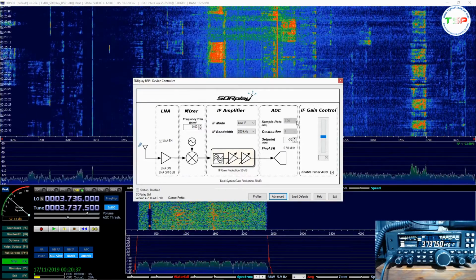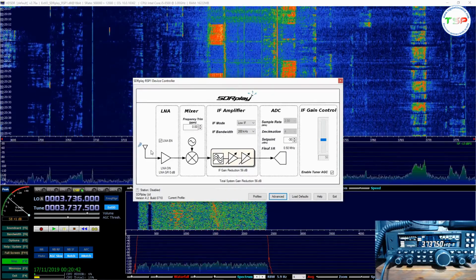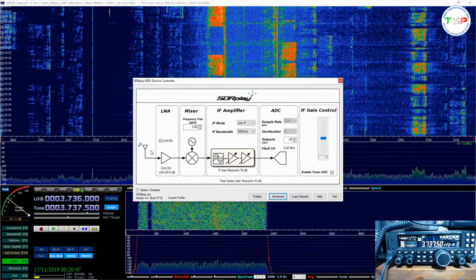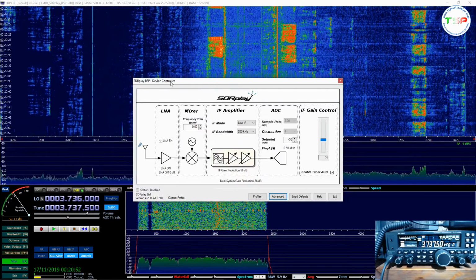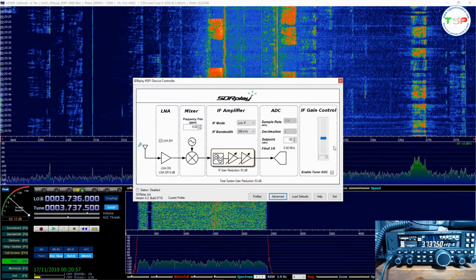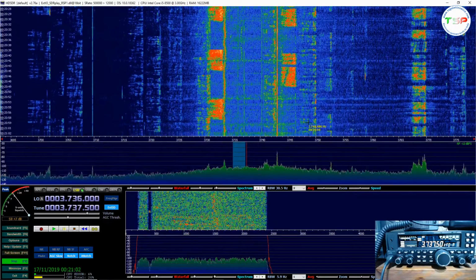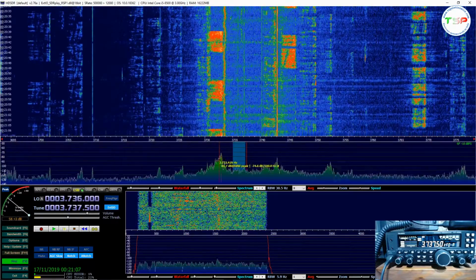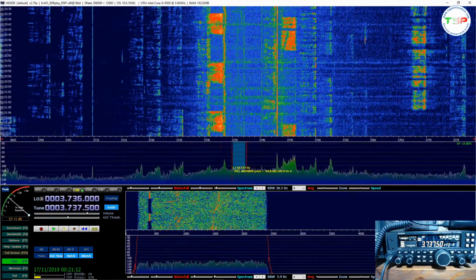Then there's a completely digital demodulation of the signal. So now I can show you what you can have and what you cannot have if you are going to receive a signal with a digital demodulator, so SDR, or simply using a common radio. Okay, so let's start. Here you can see the waterfall of the 80 meters band. Now there are some transmissions, some stations calling or having a QSO, and now I'm trying to tune one of